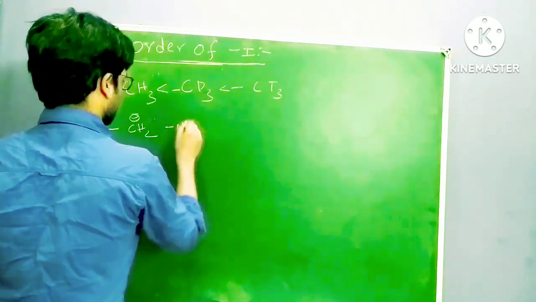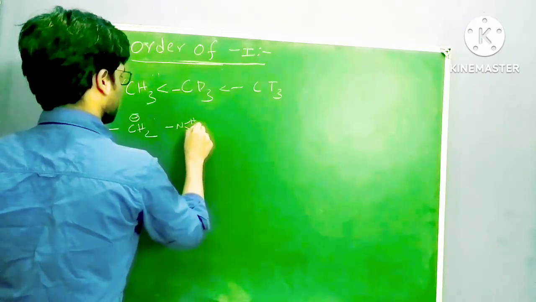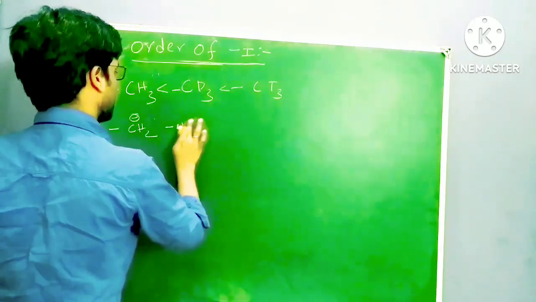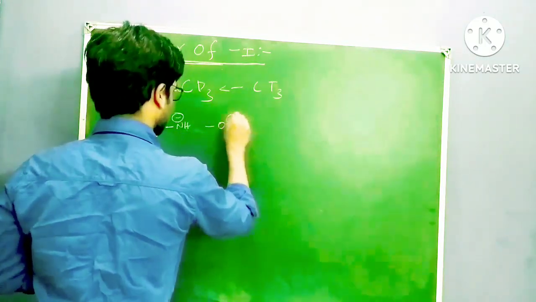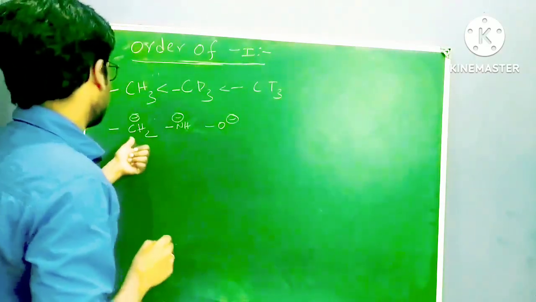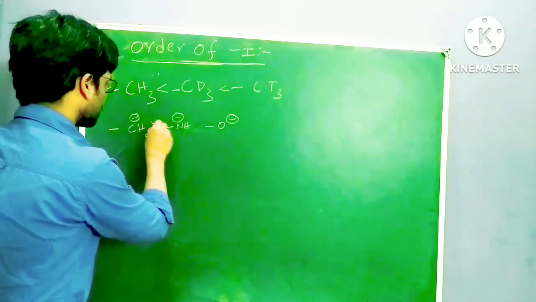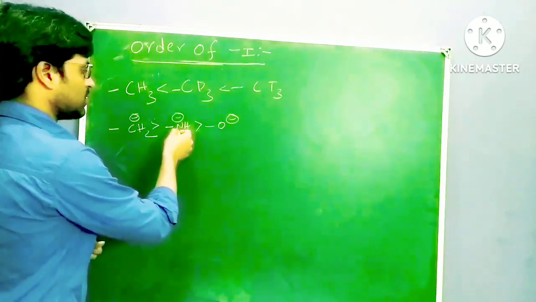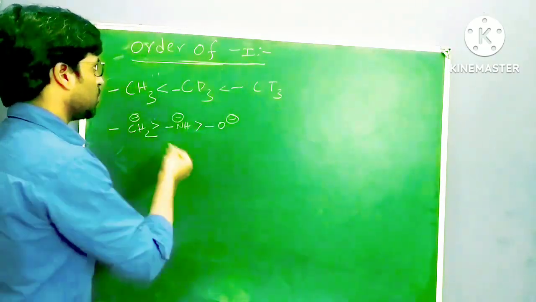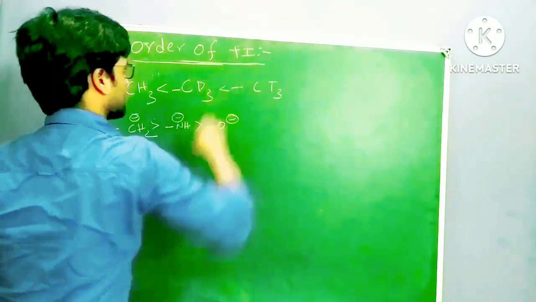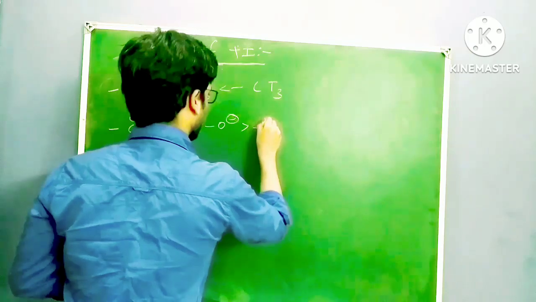Next, nitrogen, NH minus, next O minus. What is the order? This carbon is less electronegative, so it will show more plus I effect. So order is this. After that, nitrogen less electronegative, oxygen is more electronegative, so it will show low plus I. Okay. Next, after this O minus, you have to remember COO minus,